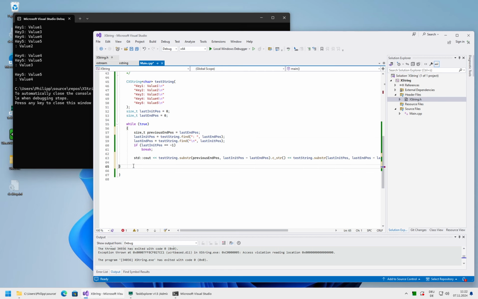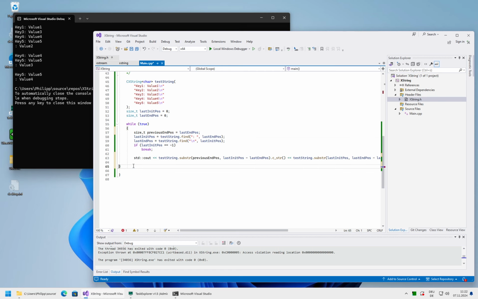That is not valid. So we start at 12, which is okay. We start then 25, 38, 51, and then we get -1. Why did we get a value here?